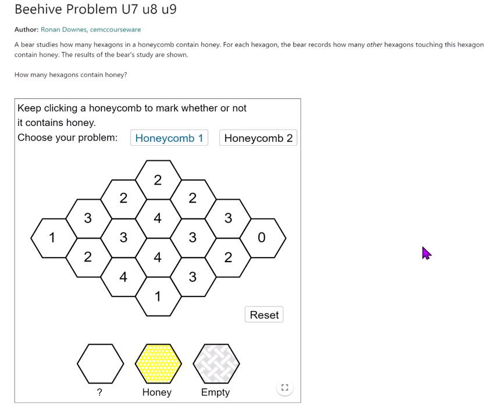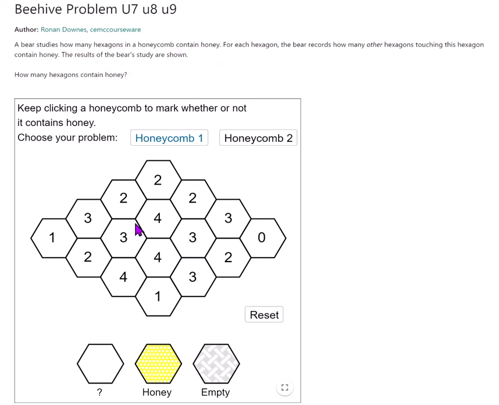Welcome back, students. So this is going to be a problem solving session. I am going to try to work on a problem and give it my best shot and see how I get on. So reading the instructions up here, I see that a bear studies how many hexagons in a